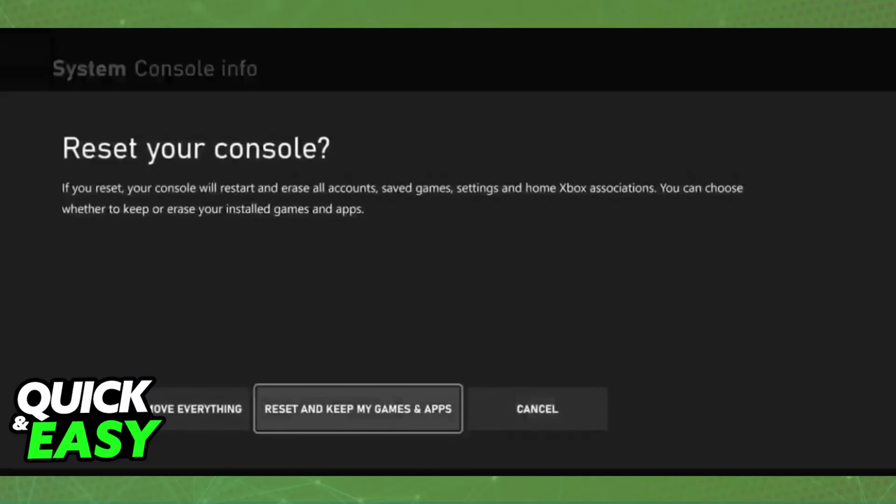If it still doesn't work, you can try resetting the console while keeping the games and applications and seeing if this works. I hope I was able to help you on how to fix current profile is not allowed to